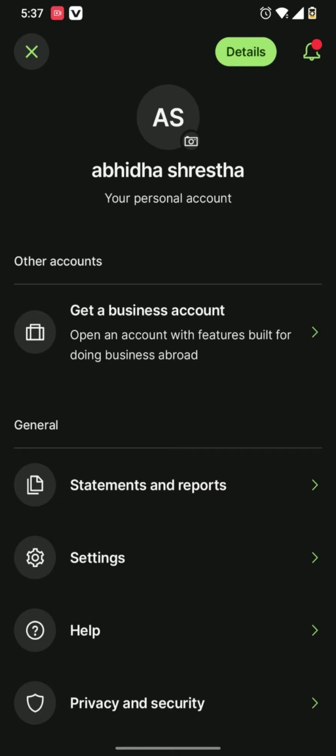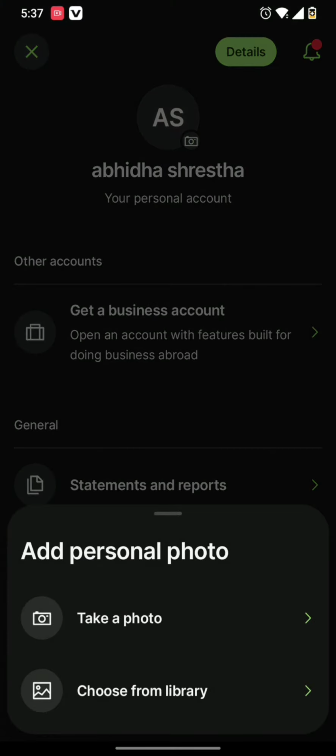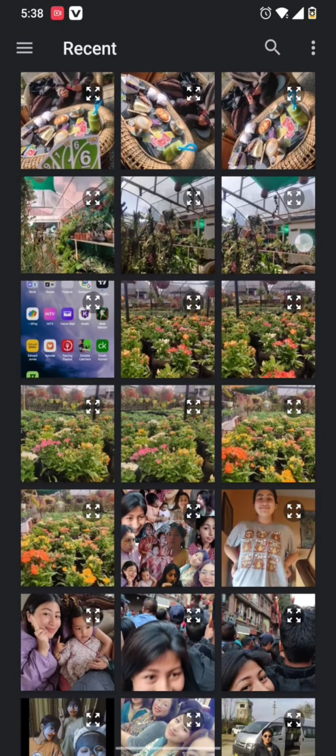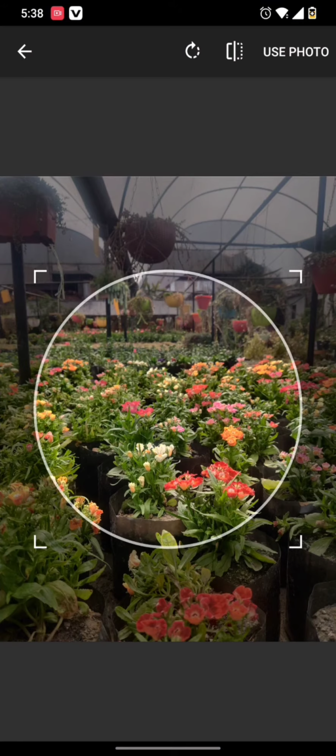Now all you need to do is simply tap on the camera-like icon and either take a photo or choose it from your library. You can randomly select any picture you want to set as a profile picture and simply tap